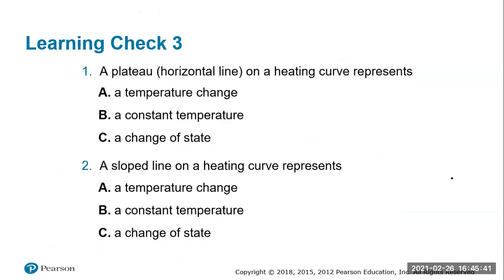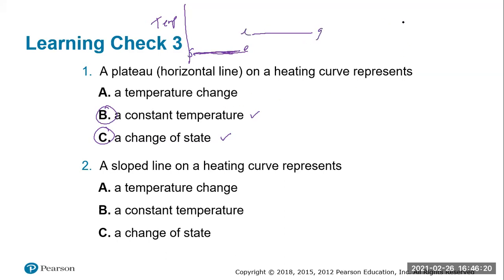So we do have some questions here about a plateau line on a heating curve, which represents a constant temperature and also a change of state. So if you look at those heating curves, wherever there are these plateau lines, straight lines, basically what that means is, because temperature is on the Y axis, we are not raising the temperature, we're keeping the temperature constant, and that only occurs when we change states, either solid to liquid, liquid to gas, like we talked about, those changes of state.